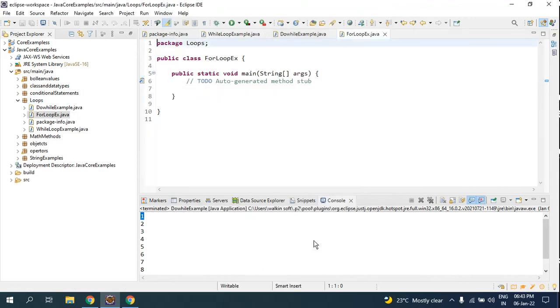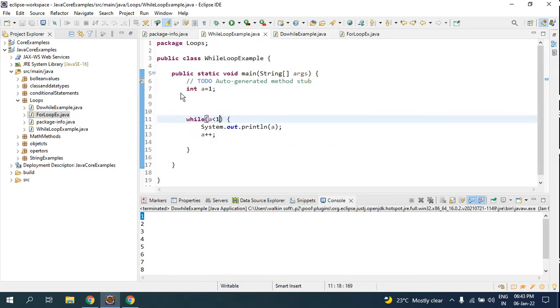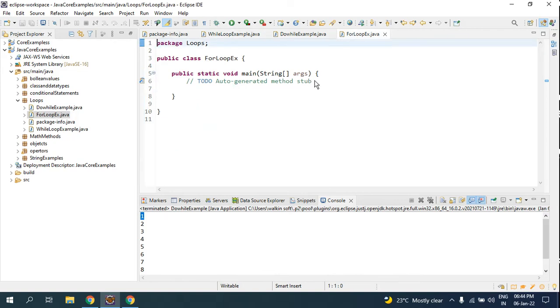Look here, in the while and do while, you have initialized, declared a variable at some place in line 7 and you have given the condition in line 12. Here in the do while you have initiated in line 7 and in line 11 you have asked the condition, but for loops everything will be in the same line. Initialization, checking condition and increment. The syntax for loop is this.